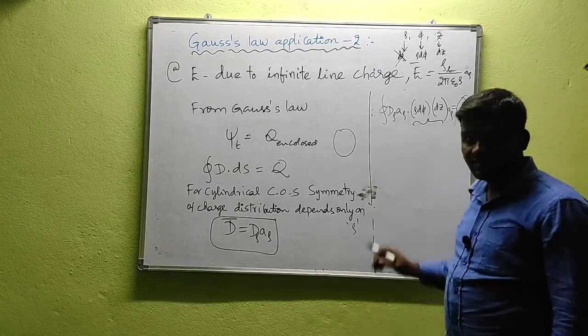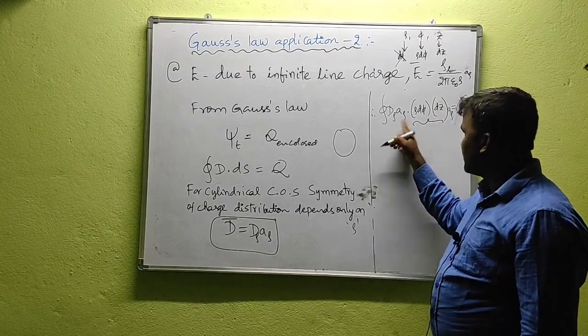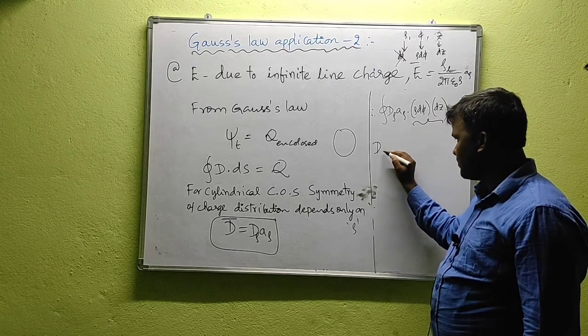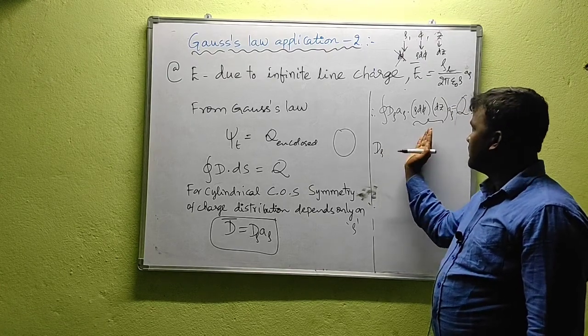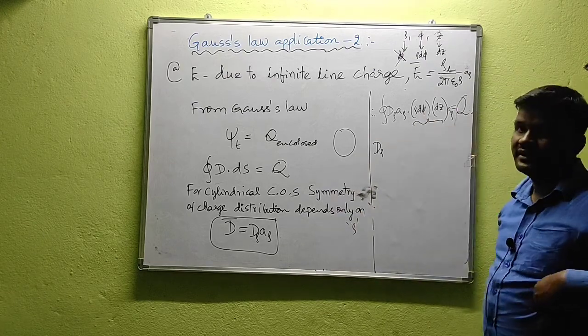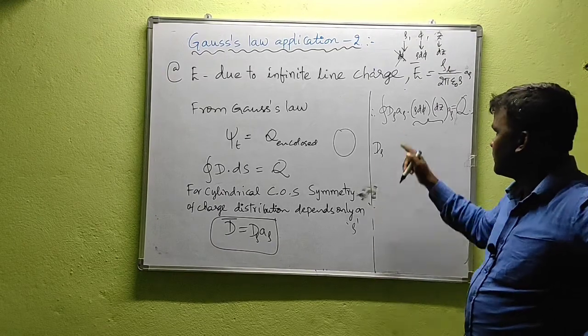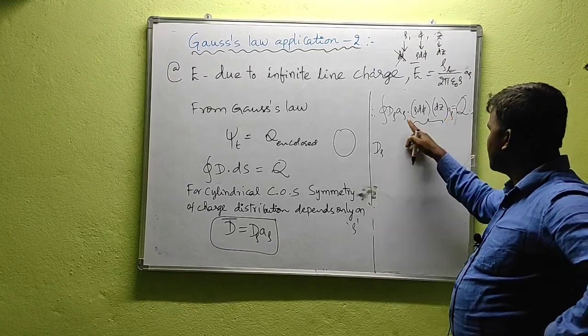Now let us simplify this one. This D rho is the magnitude along rho direction. Magnitude means some constant value, so send this constant out of the integration. Here the integration is with respect to phi and z. Except phi and z, you need to write the remaining elements outside of the integration. A rho dot a rho is what? This is a rho dot a rho.